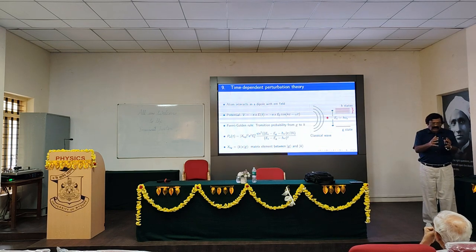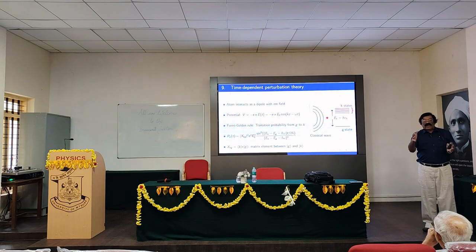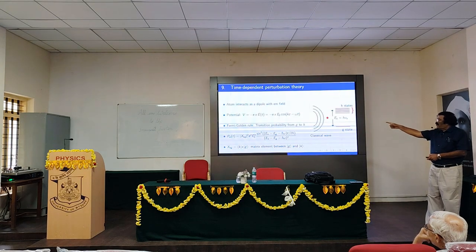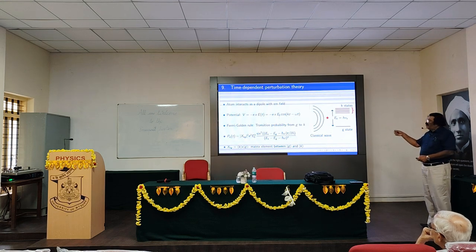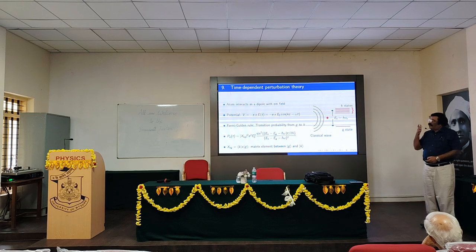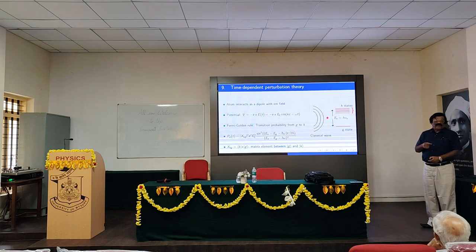So the atom interacts as a dipole with the electromagnetic field. When there is an atom in the neutral state, the positive charge center and the negative charge center will be at the same place. As soon as an electromagnetic field passes through them, the electric field will separate the charge centers. So there will be a positive charge center here and a negative charge center here, by which the atom behaves like a dipole. So this dipole interaction will take place. That is the potential for this interaction, minus e x E(t). I have assumed a simple picture in order to show that even this semi-classical treatment, where you treat light as a wave, also explains the photoelectric effect.